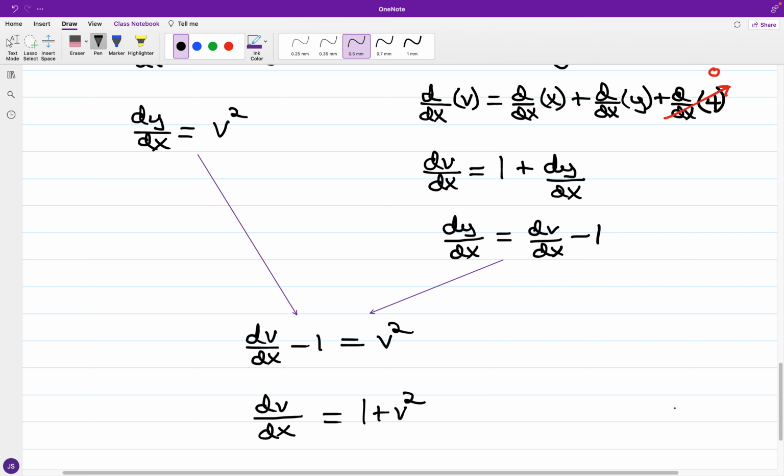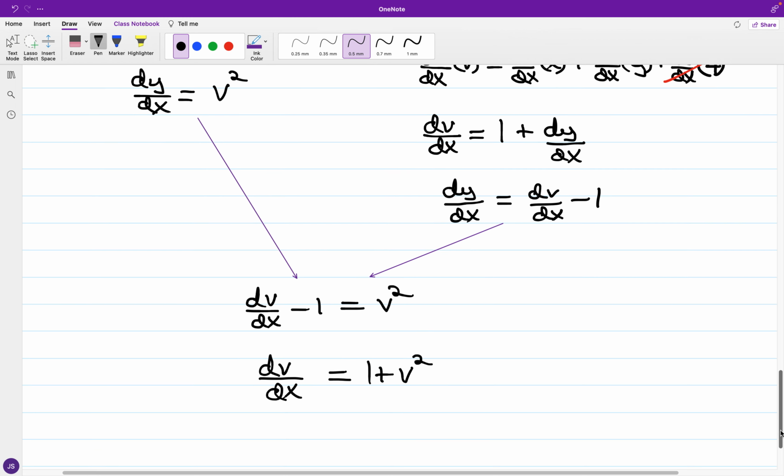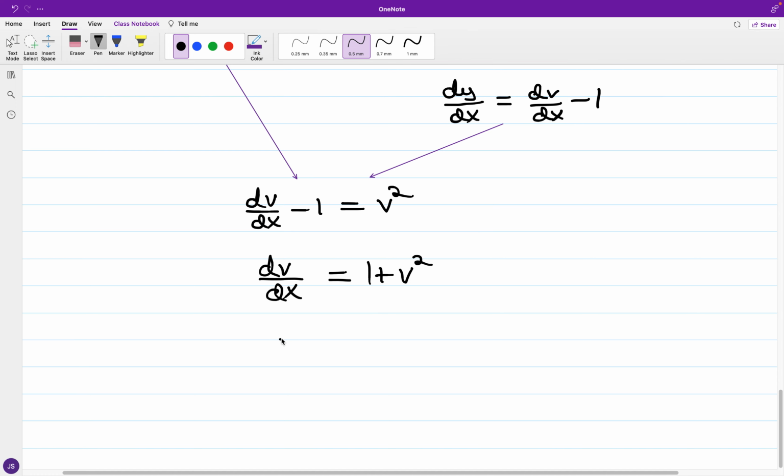And so in isolating dv over dx, you can say v squared plus 1 or 1 plus v squared. And the reason I have 1 plus v squared is that I have a sum of squares, and I'm going to divide the equation by that and simultaneously multiply by dx. So you have dv over 1 plus v squared is equal to dx,